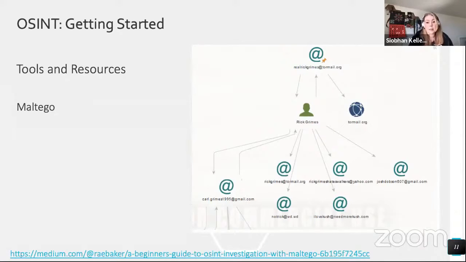You can input something like an email address and run what they call a transform on it, and it will return linked accounts like what you see in the picture here. Running transforms in Maltego will reveal your IP address, so it's important that you use a VPN when you're using this tool. The tool can save a lot of time, but it can also throw you down rabbit holes if you don't stay focused on what you're looking for. It does come pre-installed with Kali, and you do need to set up a Community Edition account to fully use the program.